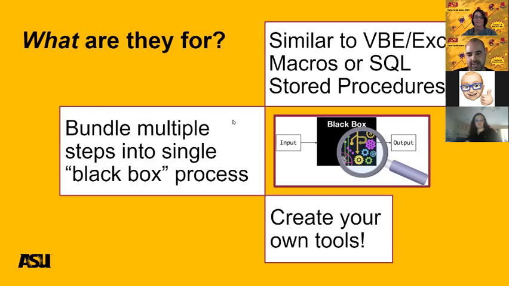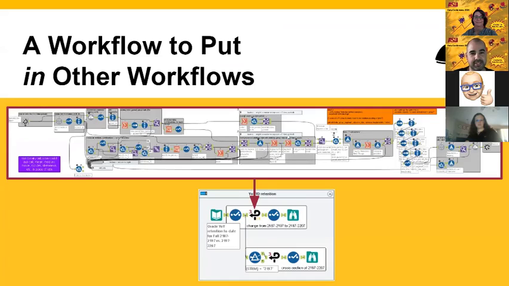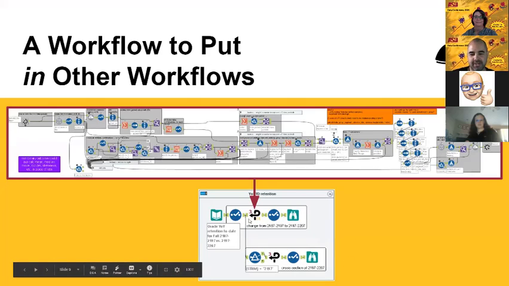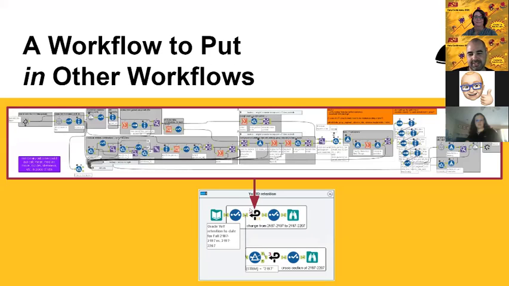So here, this is the pivot binding macro that we'll be discussing next. In the workflow, where it's implemented, it's just a single tool. But on the back end, behind the scenes, within that single tool, is a bunch of other tools. And what this does is allows us to take all this code and use it over and over and over without having to copy it over and over and over into every workflow.